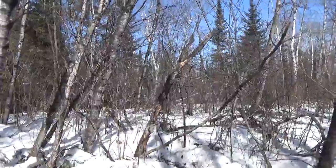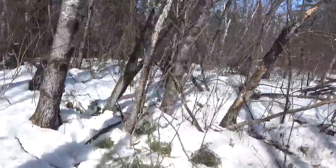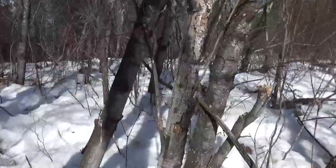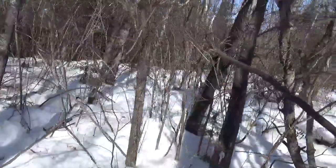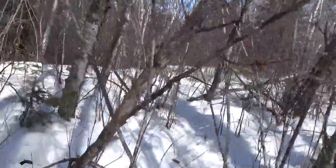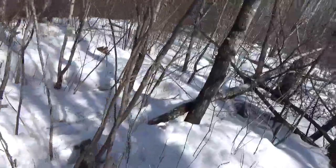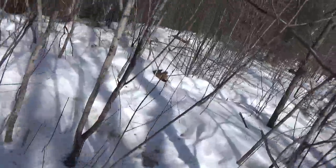Maybe I'll show him to you, but I think we've got something in the back snare here just going down to the valley, so we'll take a peek what we got. Beautiful day out here. It's been melting. What have we got going on here? We caught a couple coyotes on this side, and it appears